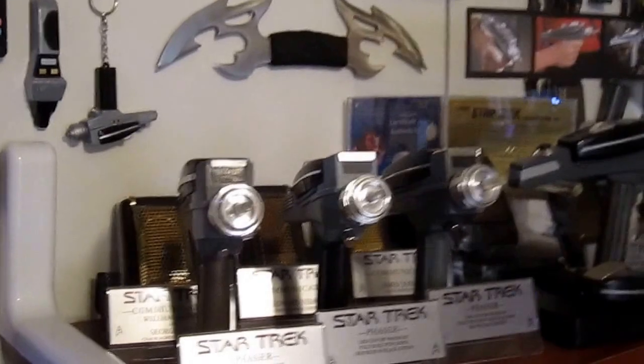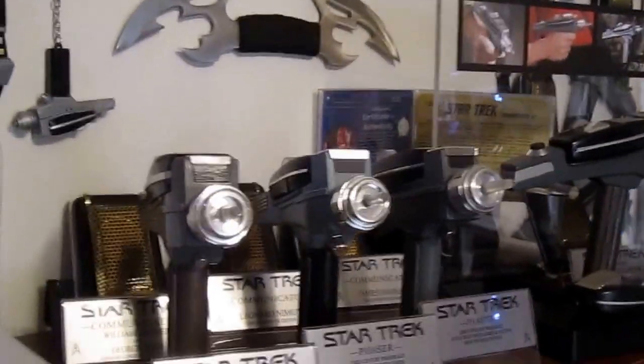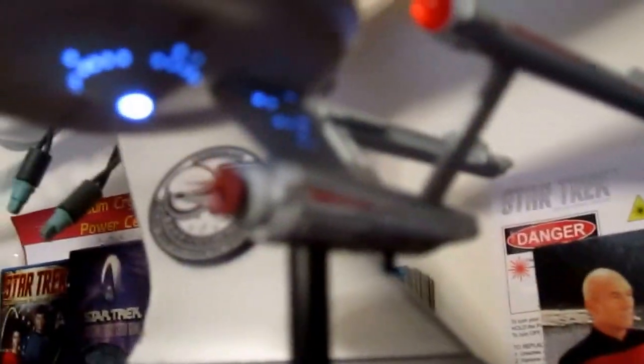23rd century build-ups. These new Enterprises, I got a couple of these. Actually, the whole ship lights up. The 91